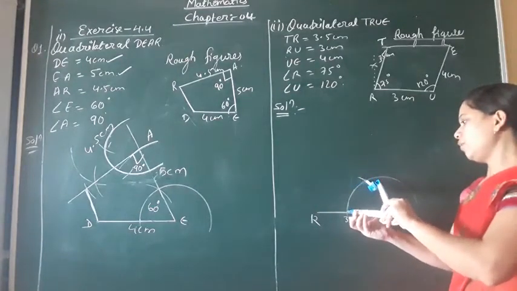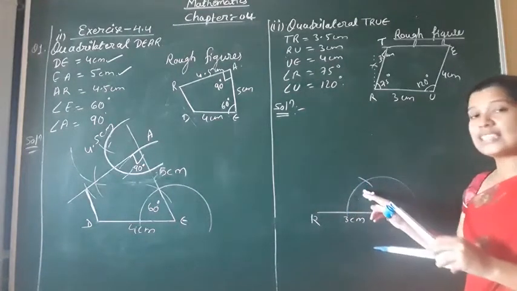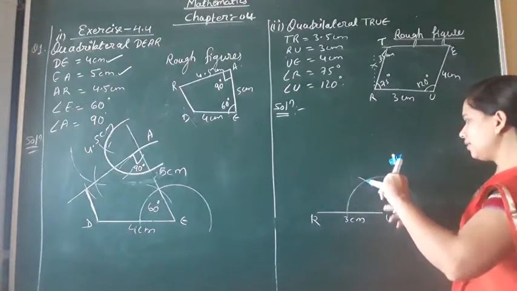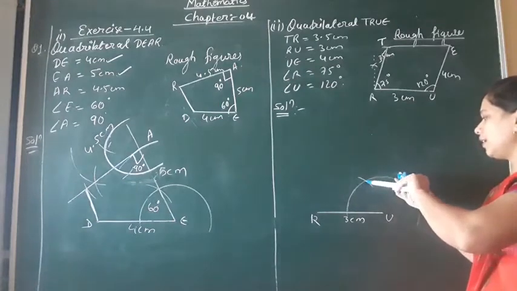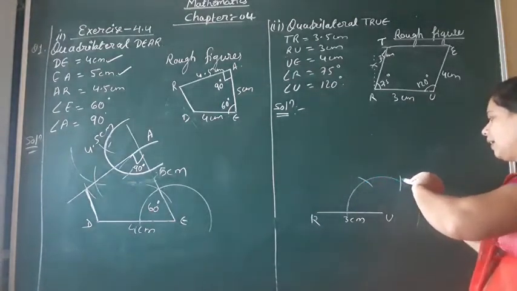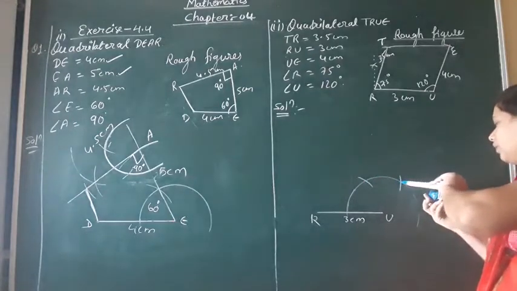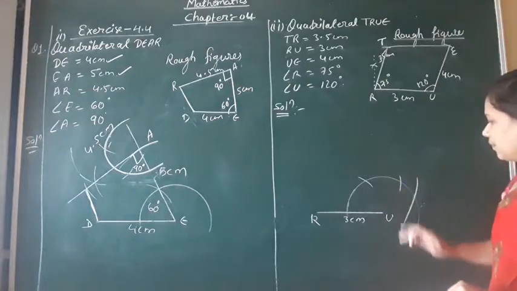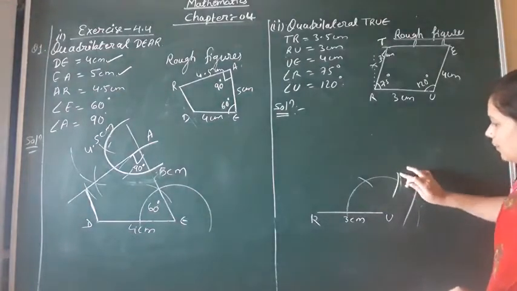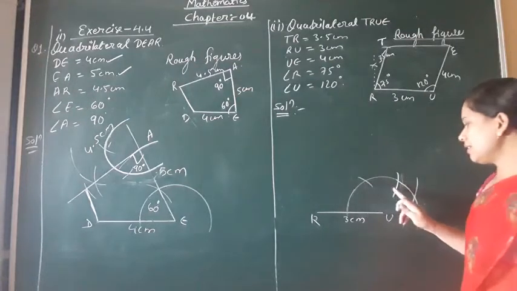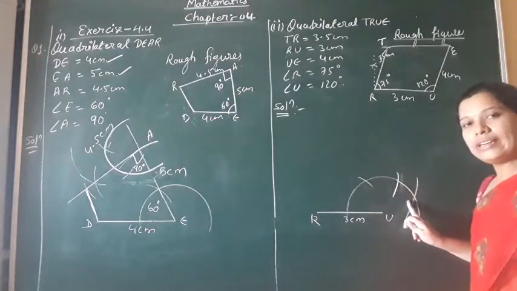Same measurement we are going to do. So this is 60 degree, isn't it? Again, keep the needle at the same radius, draw the next arc, which gives 90 degree, and after that, what angle will you get? Here, 120 degree. Like this you will get the arcs. 3 arcs you have to make. This is the 60 degree arc, this is the 90 degree arc, and this is the 120 degree arc.